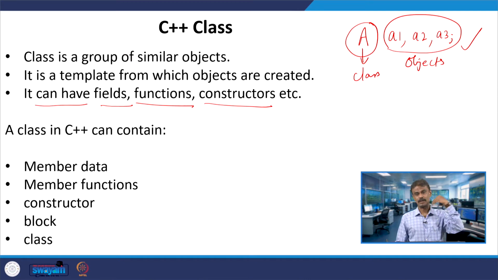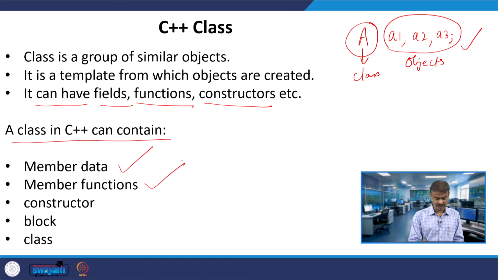So we will have several concepts like a constructor, and inside the class you can have another class, and a destructor. These are all the concepts that we are going to study under the class. So in general, when I am defining a C++ class, it will contain, let us say, member data and member functions. This I told extensively, and then we will study the concept of constructor.